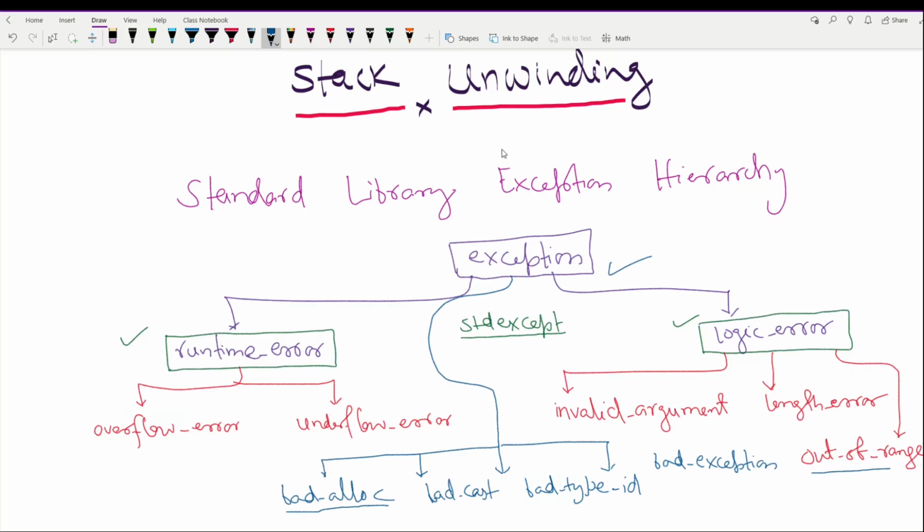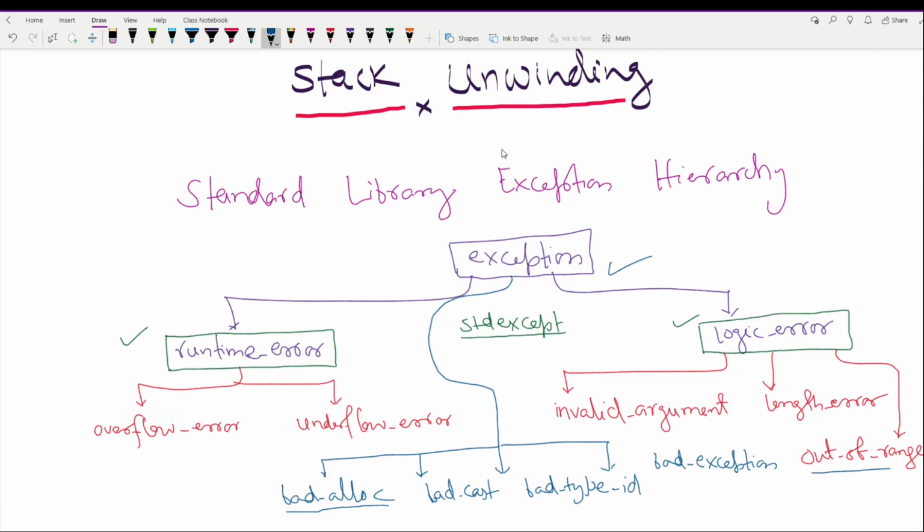Stack unwinding happens when an exception is thrown but not caught in a particular scope. The function call stack is unwound and an attempt is made to catch the exception in the next outer try catch block. Unwinding the function call stack means the function in which the exception was not caught terminates and all local variables in that function are also destroyed, and the control returns to the statement that originally invoked that function.